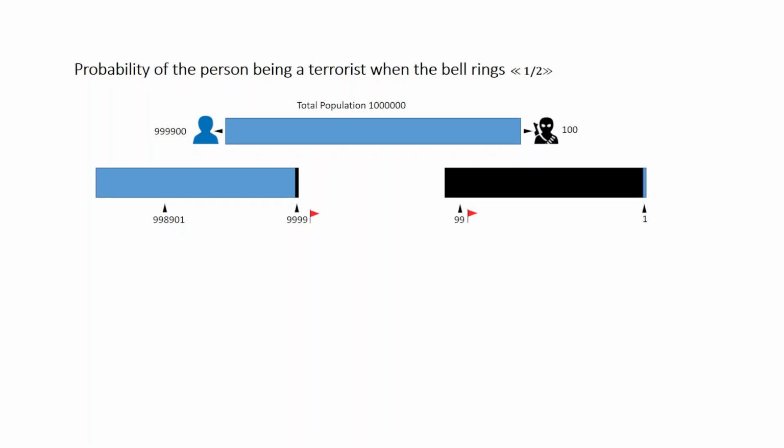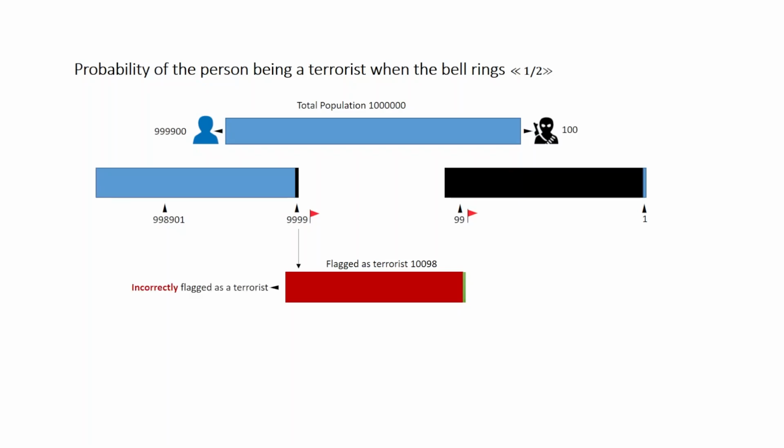So we flag 99 people who are terrorists, but we also flag 9,999 inhabitants as terrorists, although they are not,